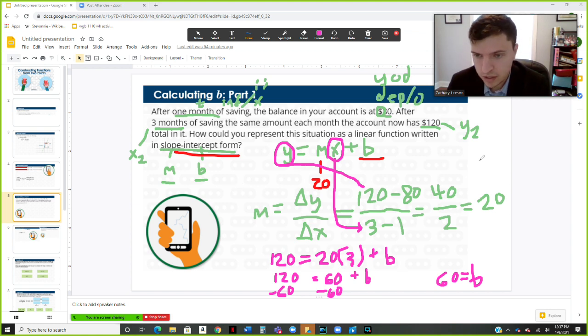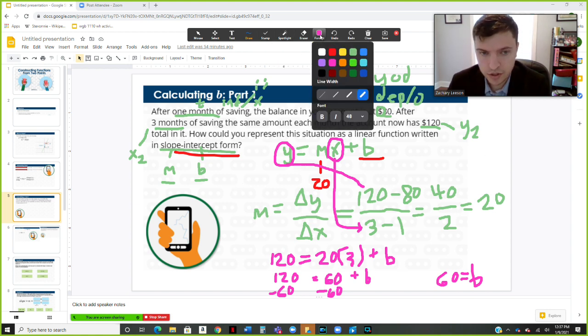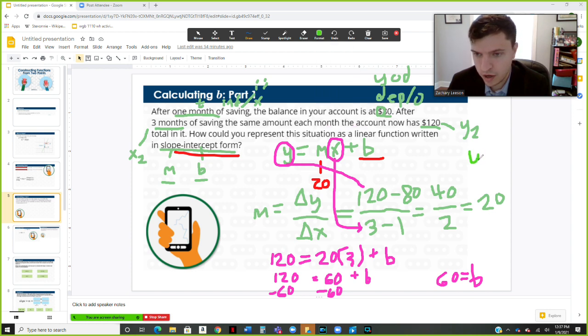So our final answer, which we're going to write in slope-intercept form, right? y equals 20x, because we saved $20 per month, and then we added that to our initial value